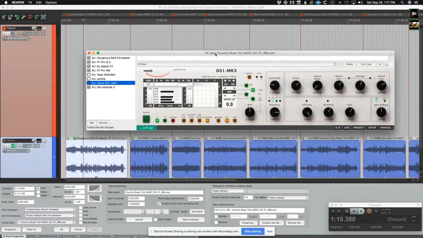This is a really great plugin, and it's really interesting because it's not just a hardware emulation. I don't know if people are familiar with Weiss, but it's a Swiss company, and they're known for making very high-end digital mastering products. So this is not just a hardware model. This is actually the software code that's in the hardware, because the hardware units are actually digital. So they have digital ins and outs. They have analog to digital and digital to analog to get in and out of it. And so this is the actual exact code that was in the hardware boxes, which could cost almost close to